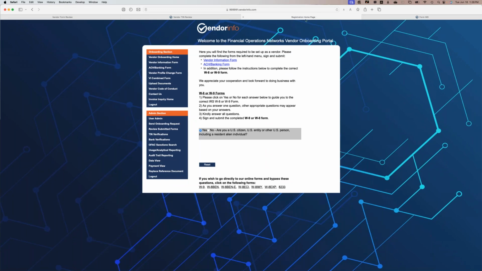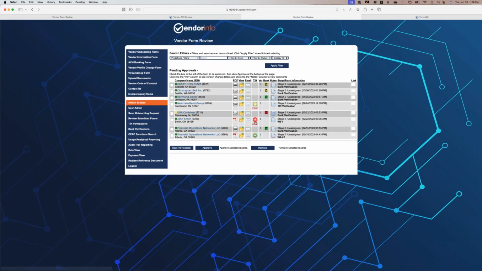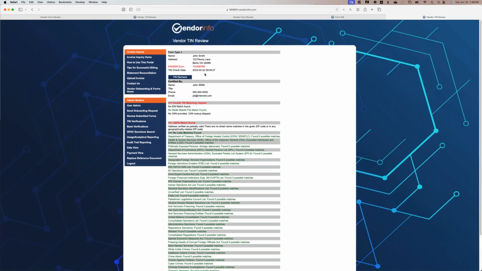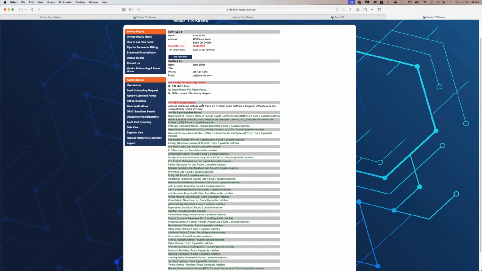If there were problems, then they would show up in red. So, for example, with John Smith, we see that this is flagged red, and the TIN didn't match, and that's a problem. And the address was suspect.